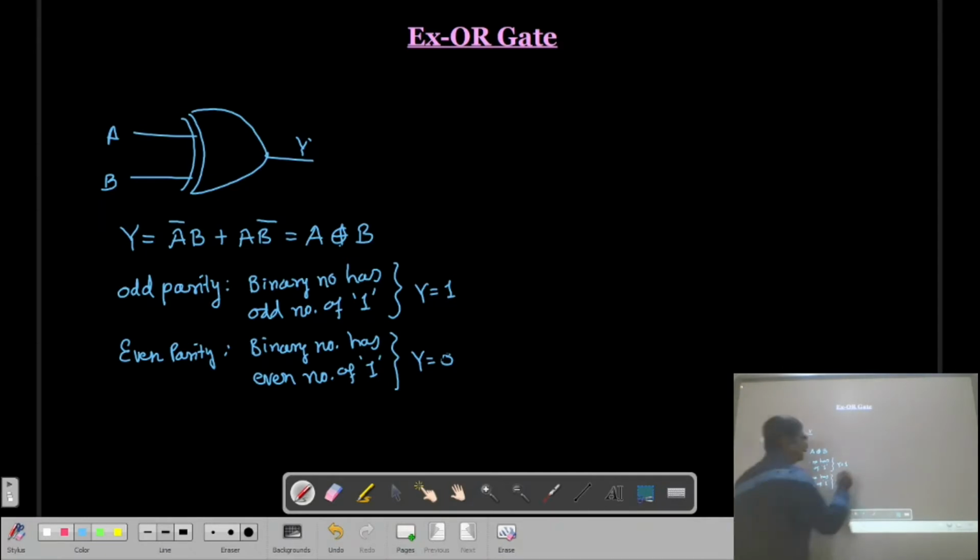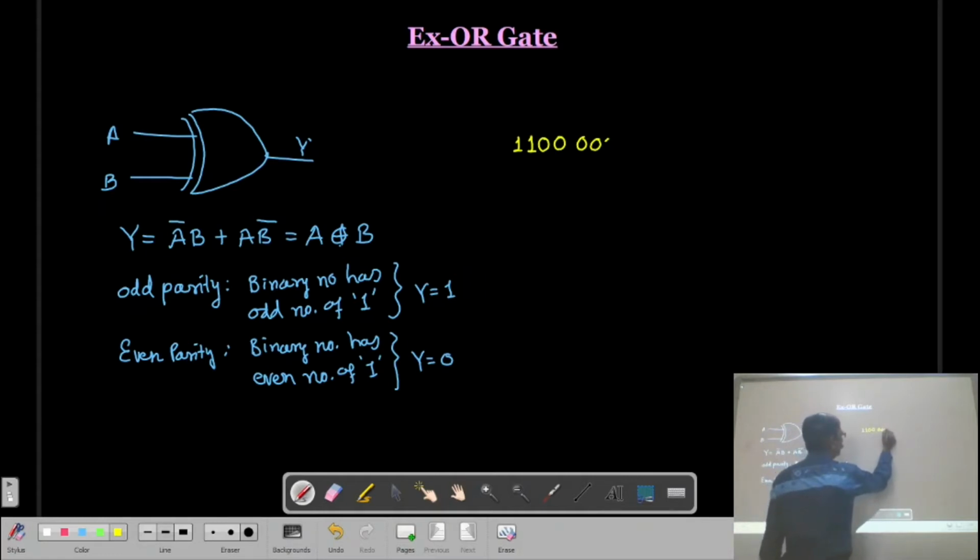So suppose my binary number is 1 1 0 0 0 0 1 1. This is one of the binary numbers. If it is given to the exclusive OR gate, it is an 8-bit binary number, so we require an 8-input exclusive OR gate.